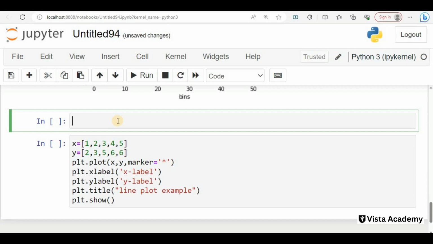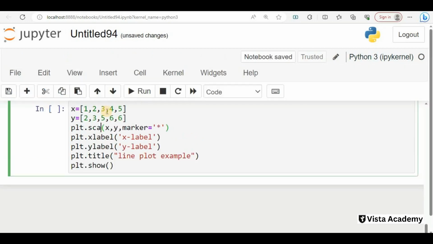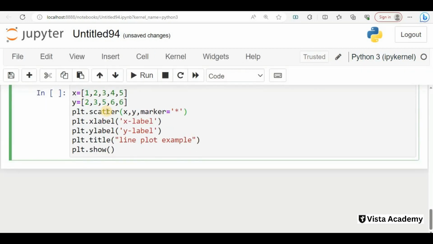So I will write here scatter plot. Now to create this, first of all, instead of plot we will put SCATTER here, scatter. So we have X label, Y label, and here I will type scatter.